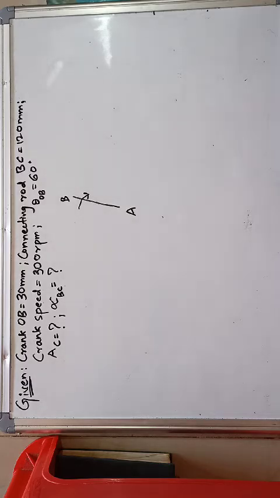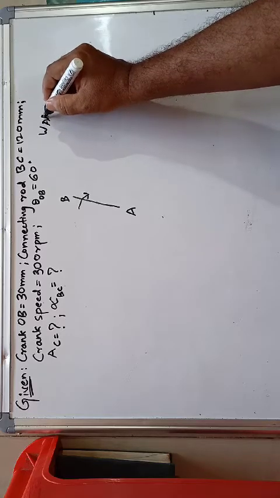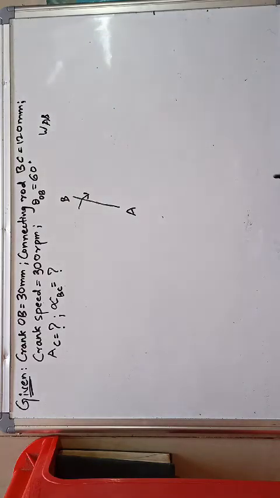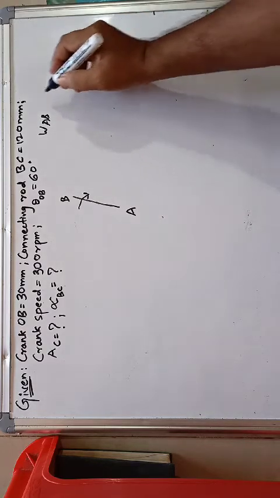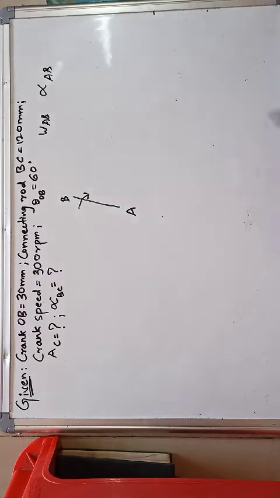As per the basic definition of acceleration, if omega AB is the angular velocity of the link or the crank AB, then the angular acceleration is written as alpha AB. How are we going to define it? The rate of change of angular velocity is known as the angular acceleration, that we already know. This angular acceleration for the link AB is written as alpha AB.